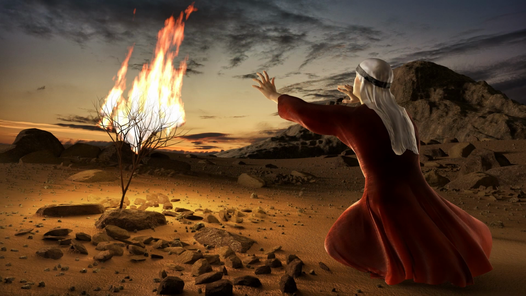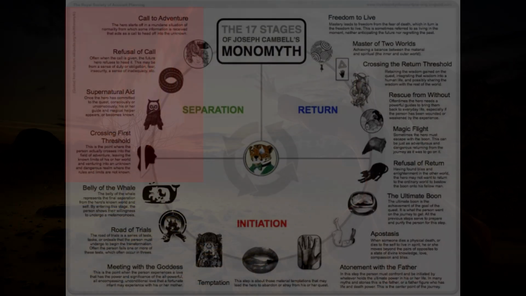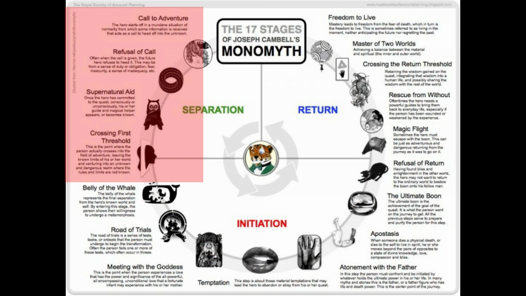Moses, in Genesis, goes up to the burning bush, the Ten Commandments. Yeah, he gets his supernatural aid too. Crossing of the first threshold, that is turning inward. This is the point right here, crossing that first threshold. That is where in Jesus' work it's going to say, many are standing outside the narrow gate where only the solitary will enter. There's going to be very few people that do this right here, that turn it inward.